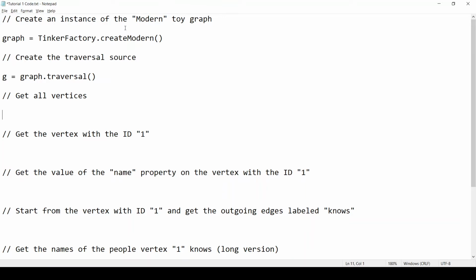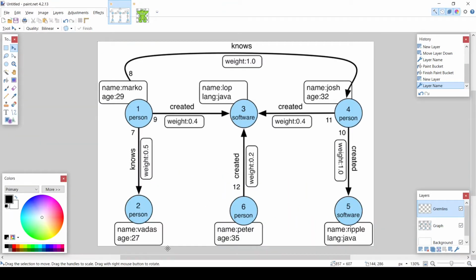So the next step is getting all the vertices from the graph database. Well, we finally got to the part where we get to traverse the graph using the Gremlin traversal language. And before we do that, I think it's a good idea to take a look at this graph. So I have here a graphical representation of the modern toy graph. And you will see we will have